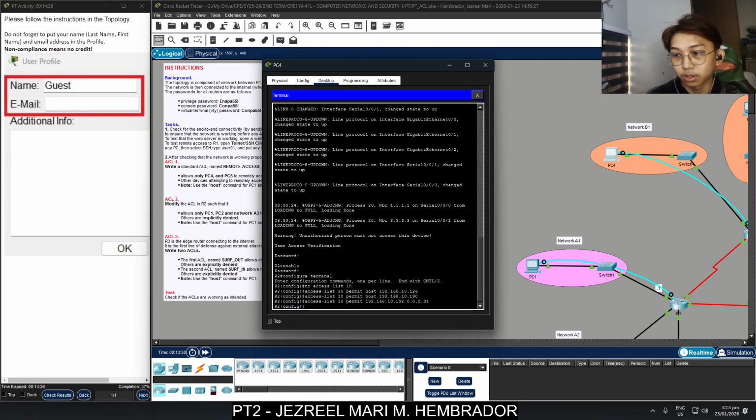Standard ACLs filter by source, so I must apply this outbound on the interface closest to the destination. That is the GigabitEthernet 0/2.